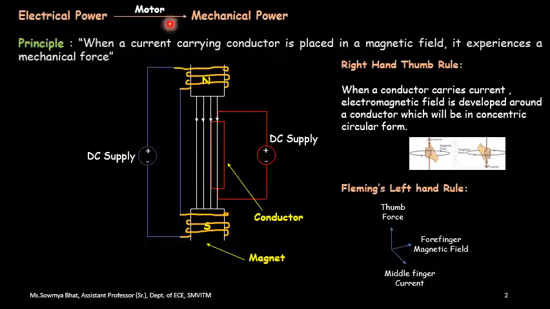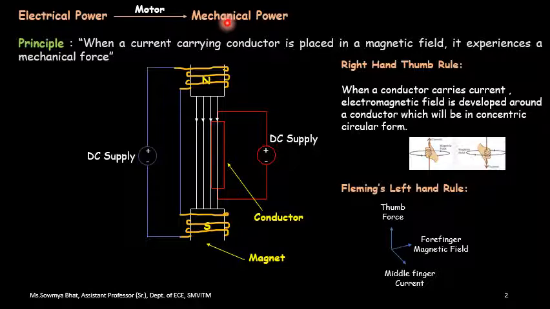So a DC motor is nothing but a device which converts electrical input power into mechanical output power. The input you apply to a motor or a machine will be electrical in nature, whereas the output produced from the motor will be mechanical. In other terms, a motor is a device which converts electrical power to mechanical power. So input is electrical over here, whereas output is mechanical power.